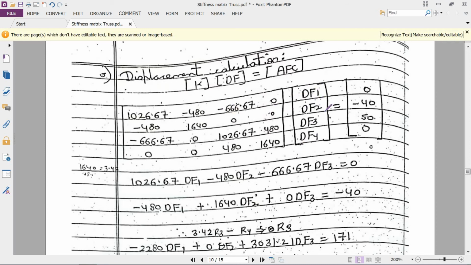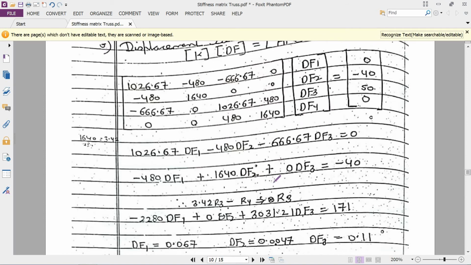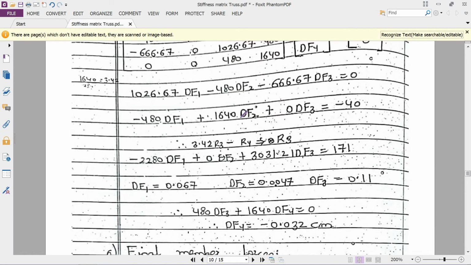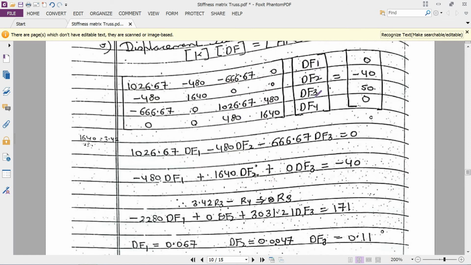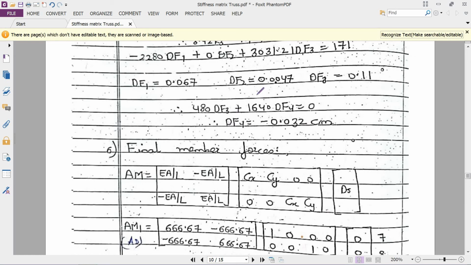This is 4 unknowns, 4 simultaneous equations, which has to be put in the calculator very carefully. Then you will get the 4 simultaneous equations, and accordingly we have to calculate the 4 unknowns in the form of df1, df2, df3 and df4, which will be the values obtained at the unknown coordinates 1, 2, 3, 4. Okay, so by these steps you can calculate the unknowns.